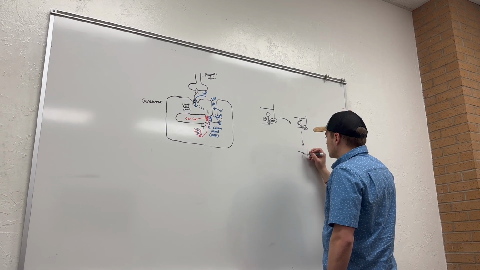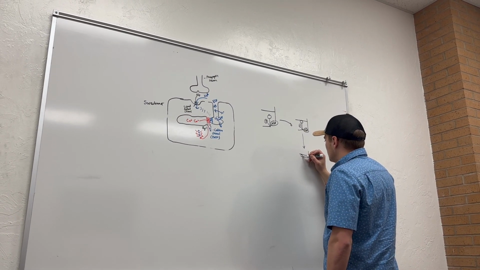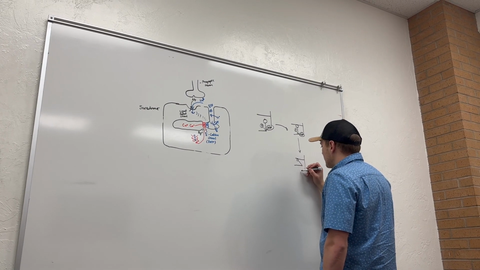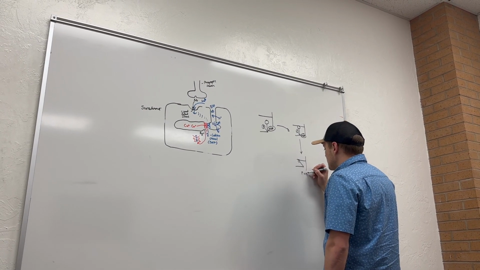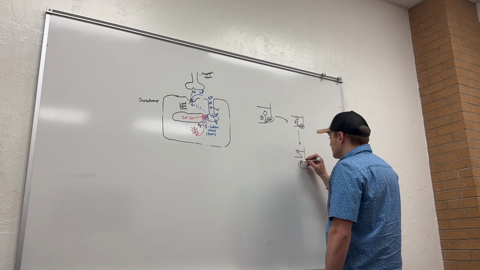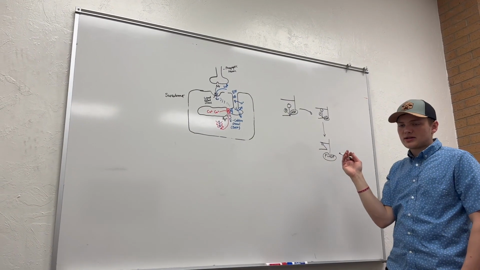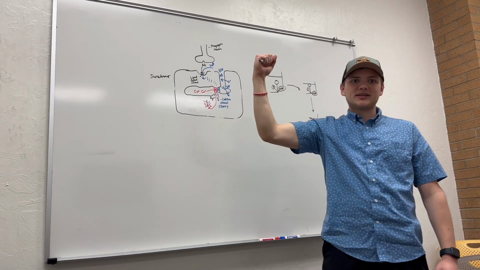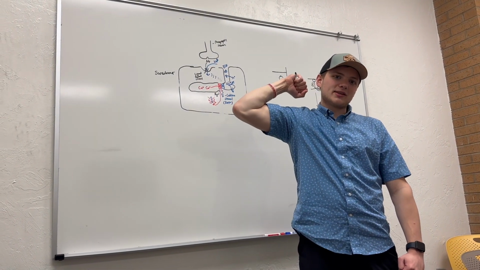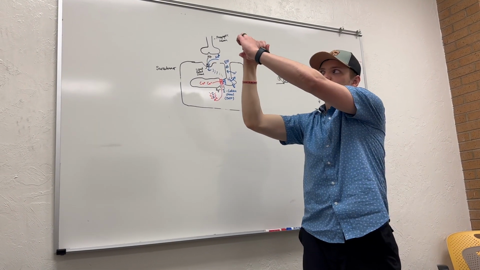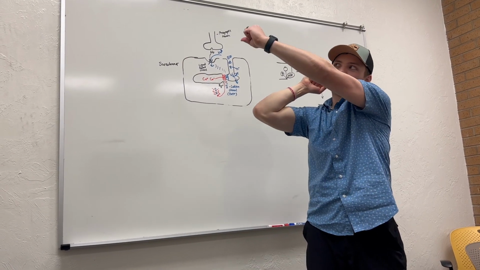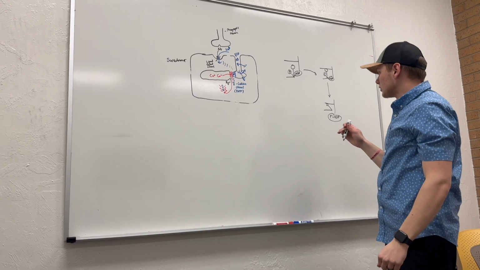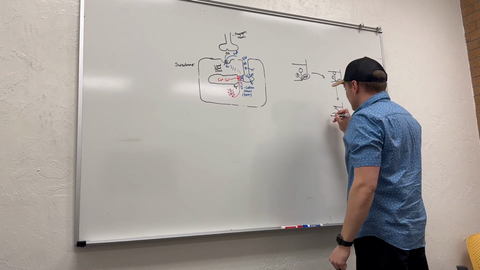So once the phosphorus falls off, although it's hard to show in a picture per se, phosphorus and ADP fall off, it's actually going to go back to a contracted state. So it was like this, and then it falls off and it goes like this. And in the process, you can imagine I had a rope right here. I pull the rope with me, and that's a contraction. It does that over and over again. To finish out that cycle,